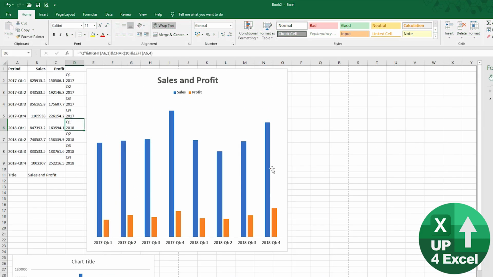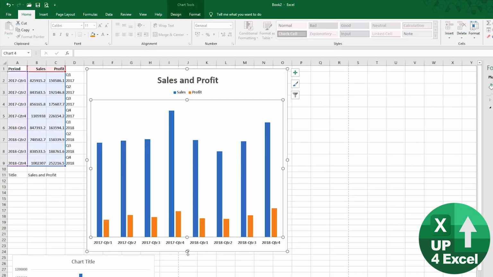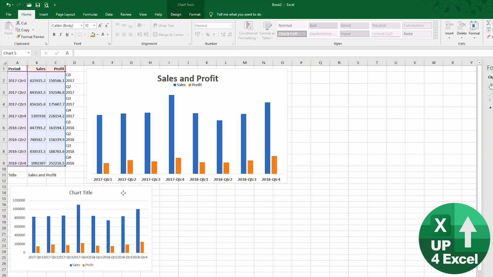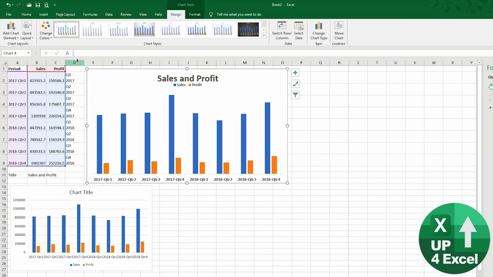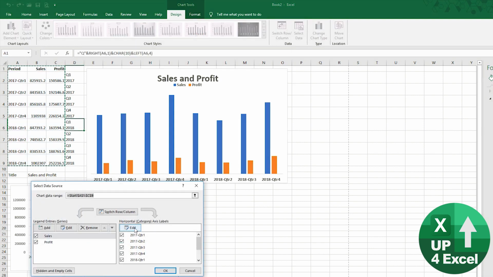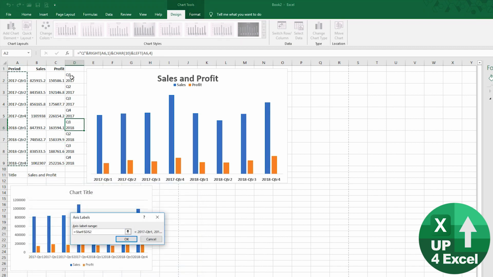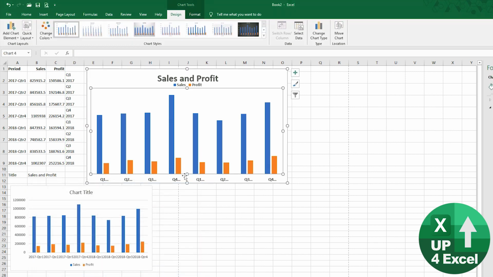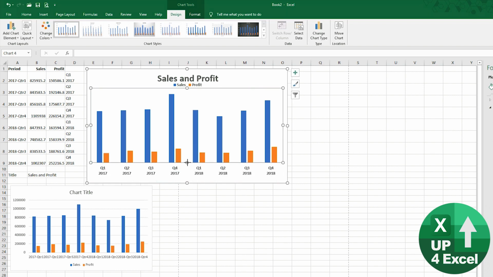So now, that has unfortunately extended my chart somewhat. So I'm just going to put all this back so we can get it on screen. So I'm now going to change the data so that it picks up for the axes. Instead of our original, I'm just going to change that. So I'm going to put edit and I'm going to change it to that. That's OK. Hit OK on there. And I'm going to move that up. And you can see now